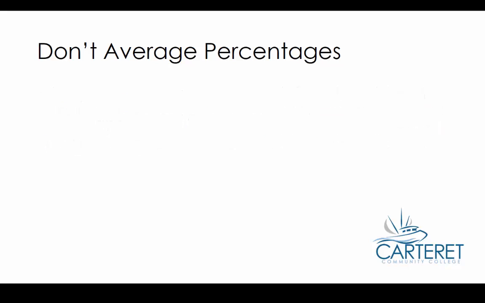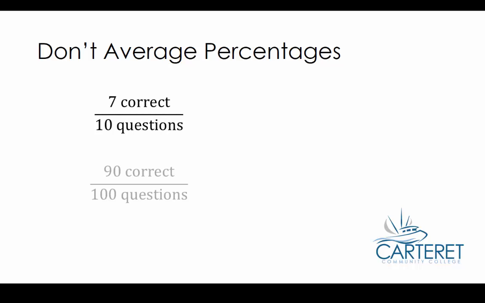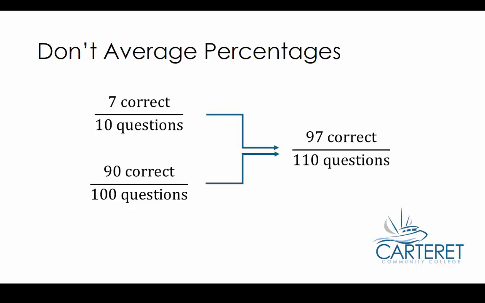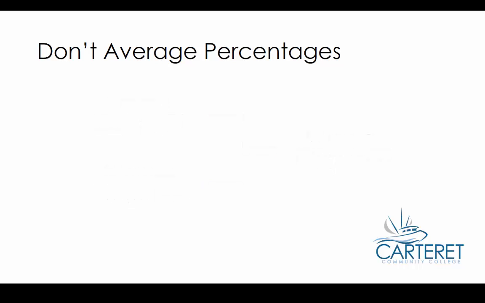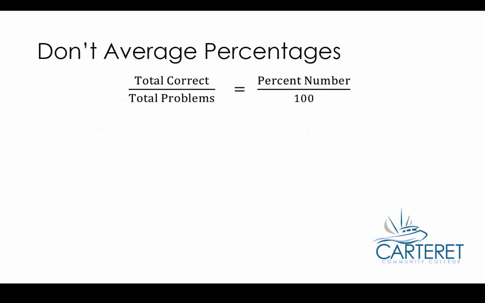Consider the following. Let's suppose the midterm had 10 questions and the final had 100 questions. A 70% on the midterm means that you answered 7 questions correctly. 90% on the final means that we answered 90 questions correct. In total, then, we answered 97 questions correct out of a possible 110. Setting up our proportion,